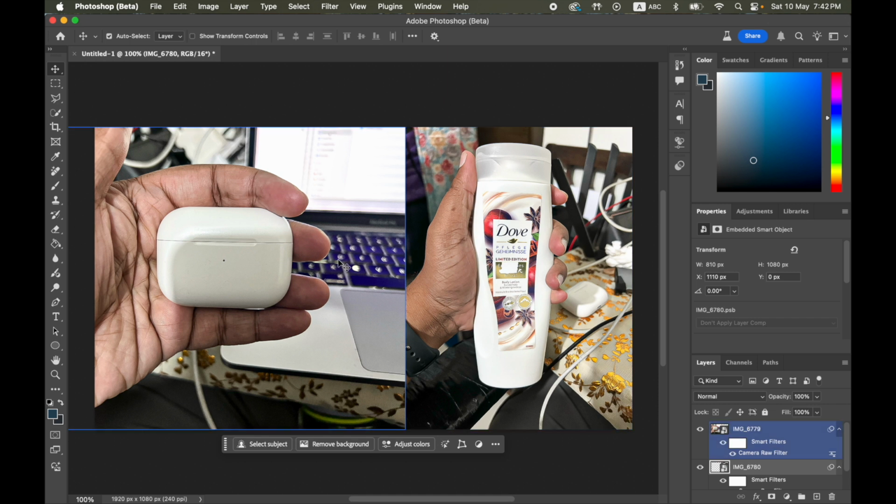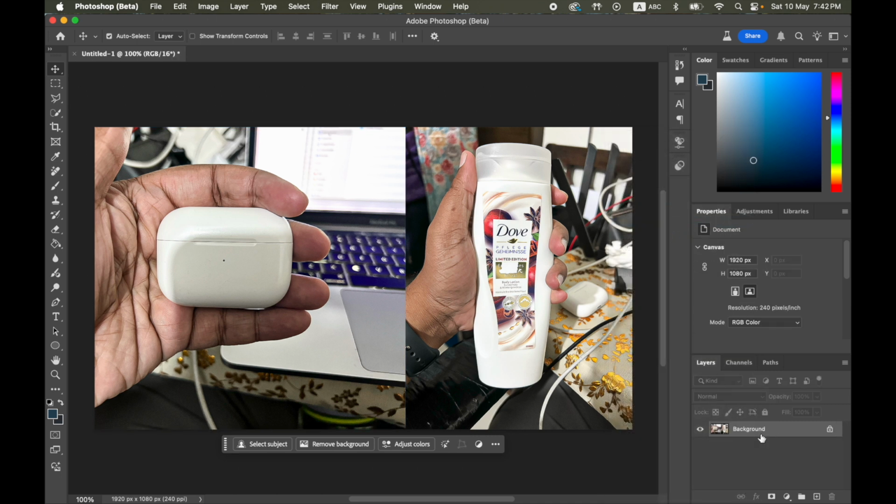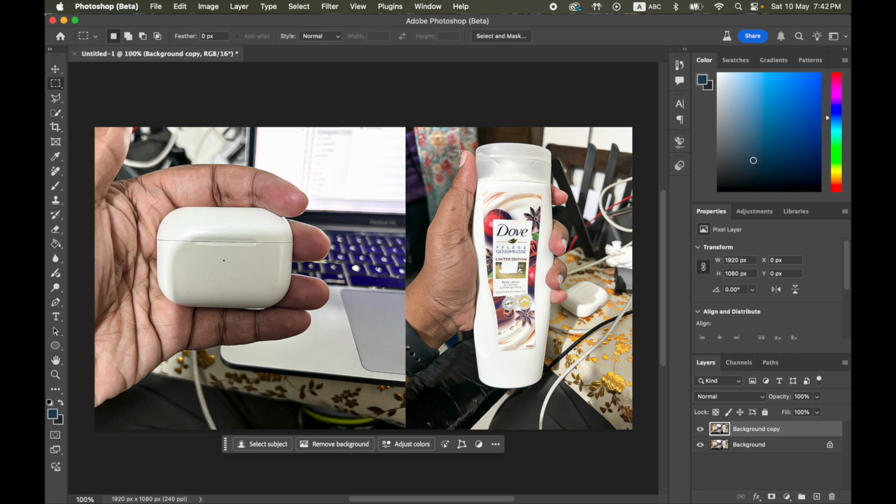So now as both of these images have been edited, right click and hit Flatten Image or Merge Visible. So I'm going to flatten the image and then create another copy. You can drag it to the plus icon, and now click on the Rectangular Marquee Tool and select between the edges of both the images. Hit Generative Fill and write blend,